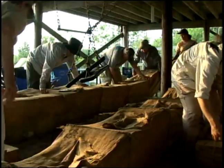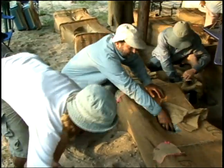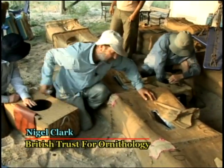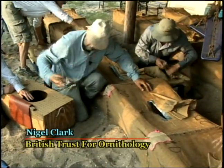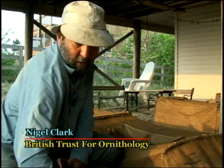Like a battalion of Marines, everyone works together quietly and deliberately to get the birds moved into their holding pens called sacking cloches. So we just need to get them in here so they can all settle down, and you can hear them calling in the cages. These are contact calls,